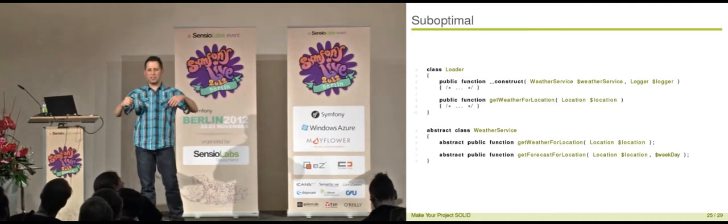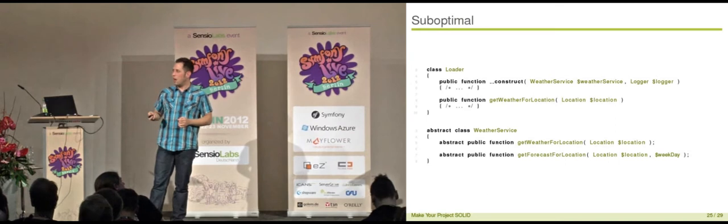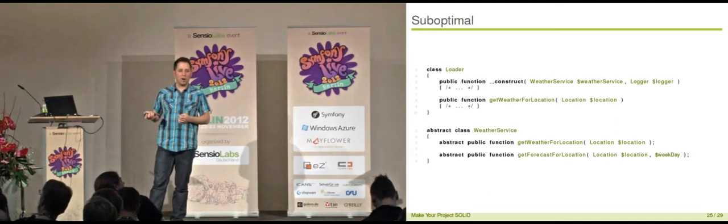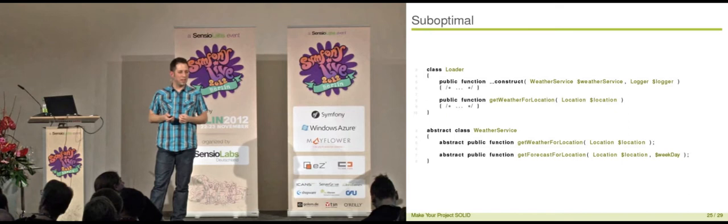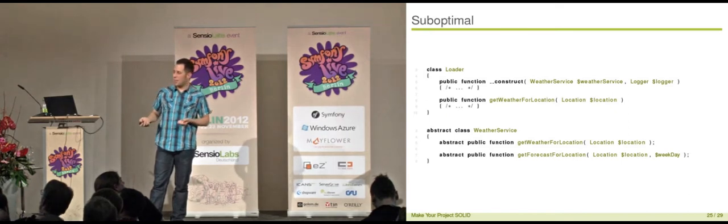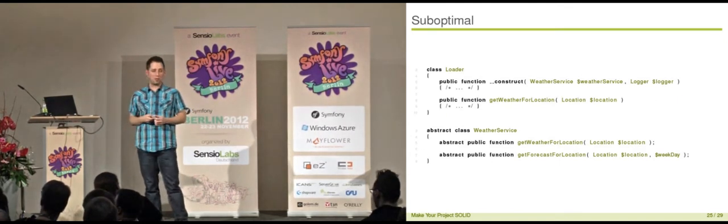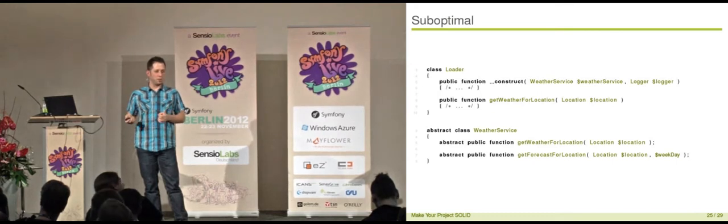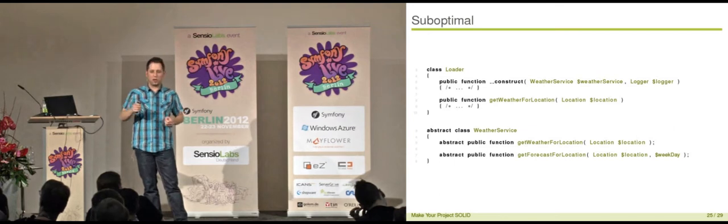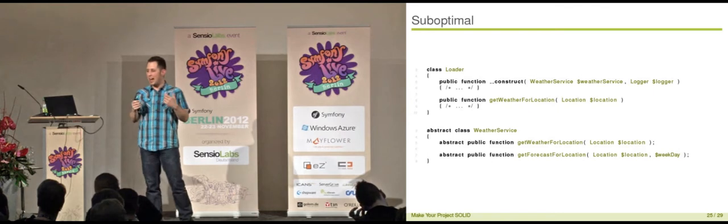However, if you take a junior developer and ask him, please implement a weather loader for me, and you give him that interface, then he has to look into the weather service and see which of the methods he needs to use in order to retrieve the weather. And chances are, although the interface of the weather service is pretty small, that your junior developer chooses the wrong method. Or he thinks, when I'm retrieving the weather, I can also retrieve the forecast, and I cache it, although the forecast might never be used in your application, and so on.